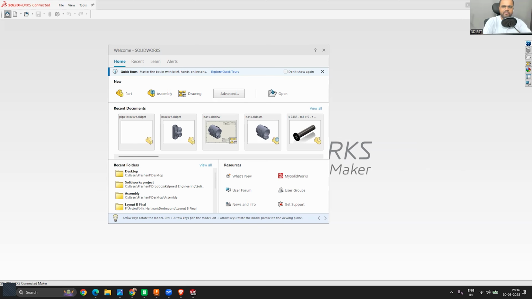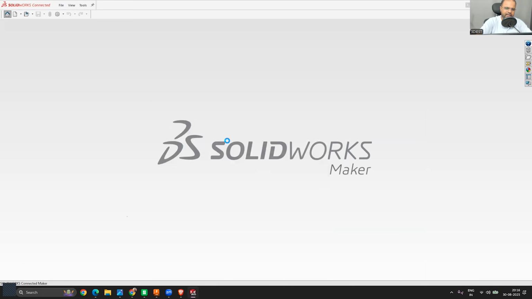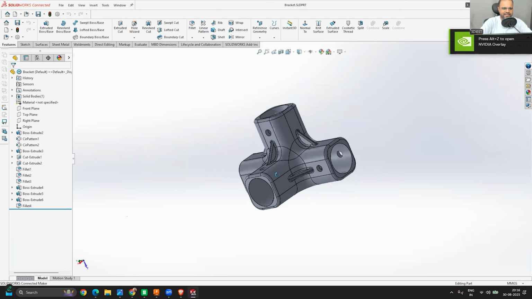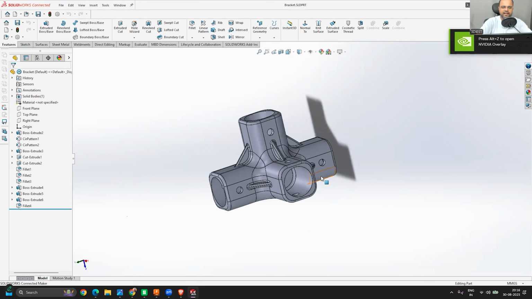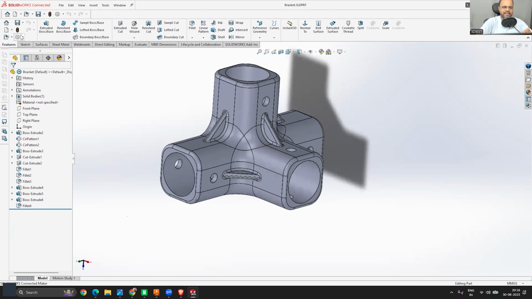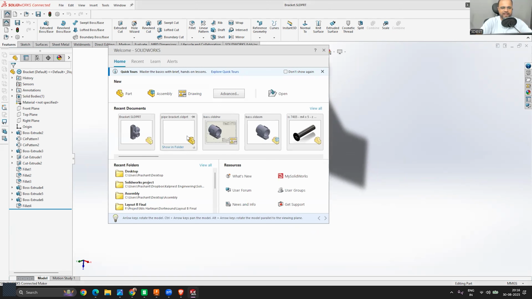.sldprt is the first file format, the file format for the part file inside SolidWorks. For example, if you have some design, as you can see over here, this design that I am opening right now is just one single file. Yes, it is correct, it's a part file. So right now you can see this design is just one single solid part file. That's why if we save this file, it gets saved as, onto the top, you can see .sldprt. That is the default file format for the SolidWorks part file. And there is another file format for the assembly, and for the assembly, that file format is .sldasm.